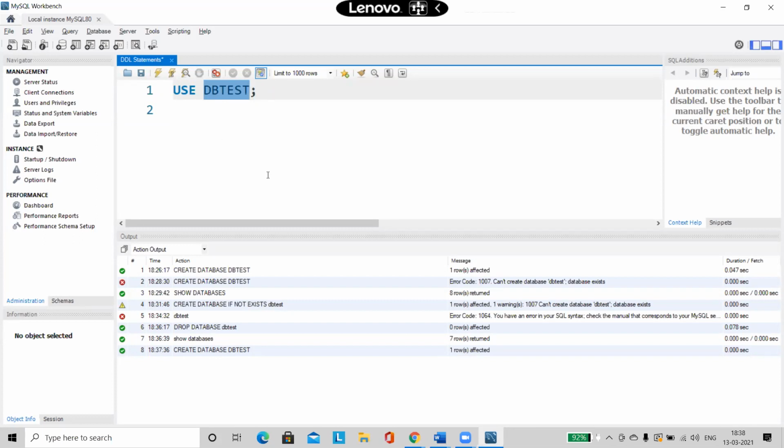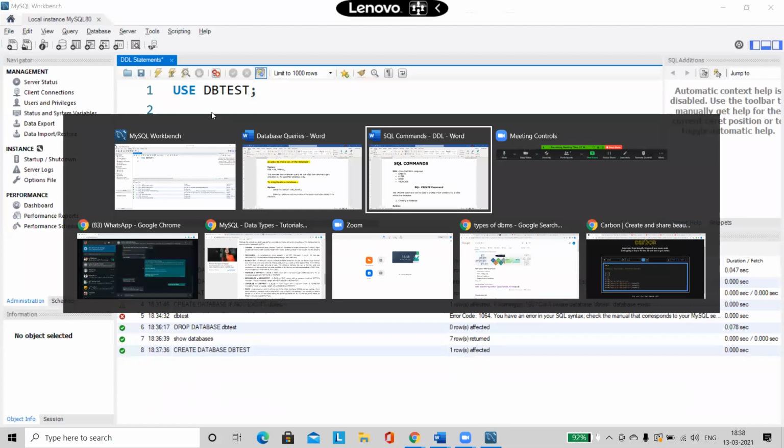So in order to tell my server that whatever table I am going to create now should come under this database, I have to say this command. So use this database name so that whatever query I'm going to write now should get executed for this particular database. So that is the meaning of use DB test or use the database name.